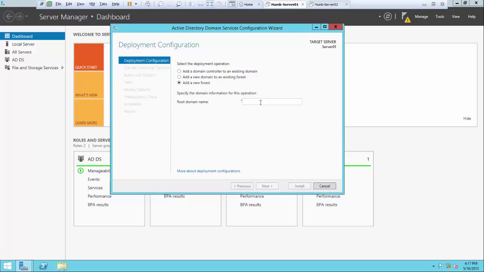If you want to keep the name independent, separate, but still make access to each other's resources easy, then you can create that second tree in the same forest,